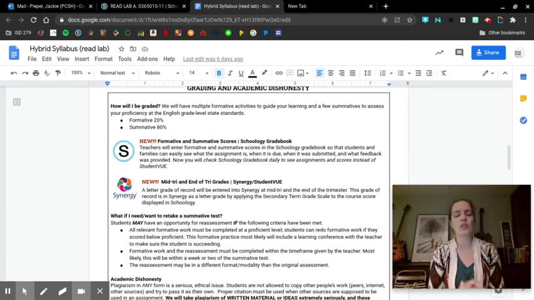Graded. Okay, so this is a new thing for me, and it's a new thing for all teachers. The gradebook in Schoology will be the most updated and most accurate gradebook with their formative and summative scores. And then the Synergy gradebook will have the mid-try and end-of-try grades in them. So if a student is wondering how they're doing, or what work they might be missing, before they email me or connect with me, have them check Schoology, to see if there's something that they thought they submitted but just didn't hit the submit button. The Schoology gradebook will be the one that is most updated.